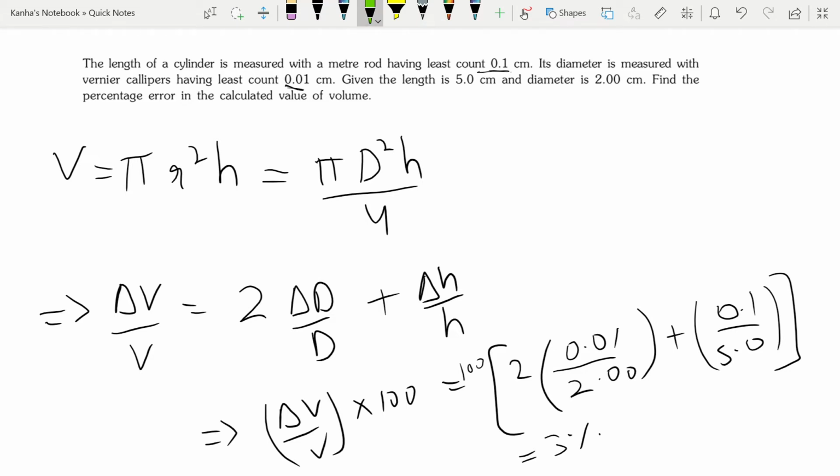So what to take back from this question is, sometimes they will just give you the least count of instruments. Here least count is given. So the least count will basically mean the absolute error that you can get while calculating that quantity. Like delta H is the absolute error in calculating H, delta D is the absolute error in calculating D. So sometimes they will give you the errors in terms of least counts, but you should know that you have to do simply the same thing.